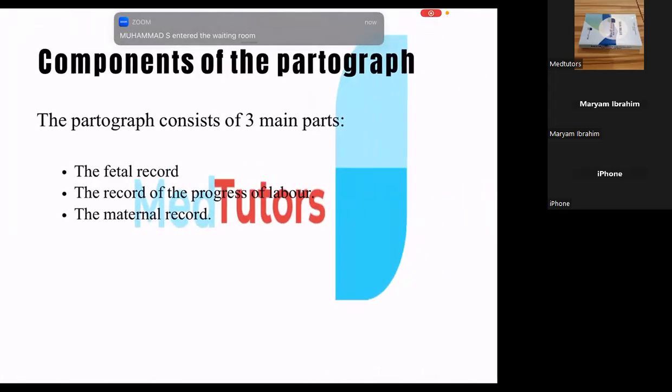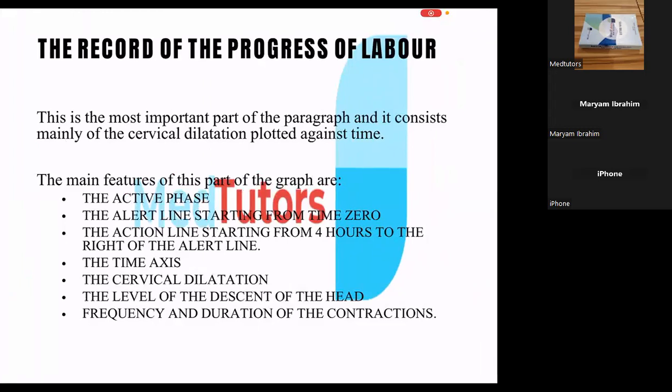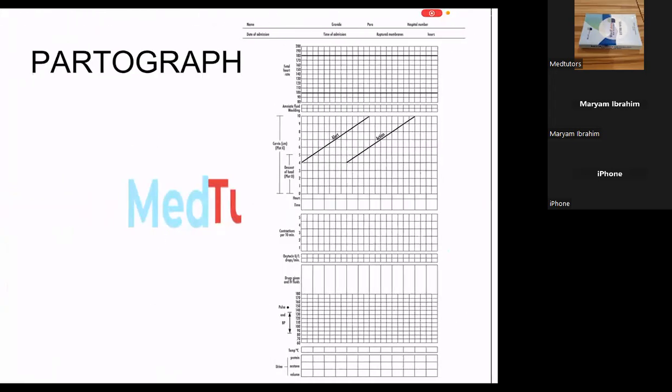So the Partograph mostly has three main parts. There is the fetal record or the fetal component. Then there is a part that shows the record or the progress of labor, and then there is the maternal record or the maternal component. So if we take the record of progress of labor, this is the most important part of the Partograph, and it consists mainly of cervical dilatation, which is plotted against time. So if we go back and look at this,